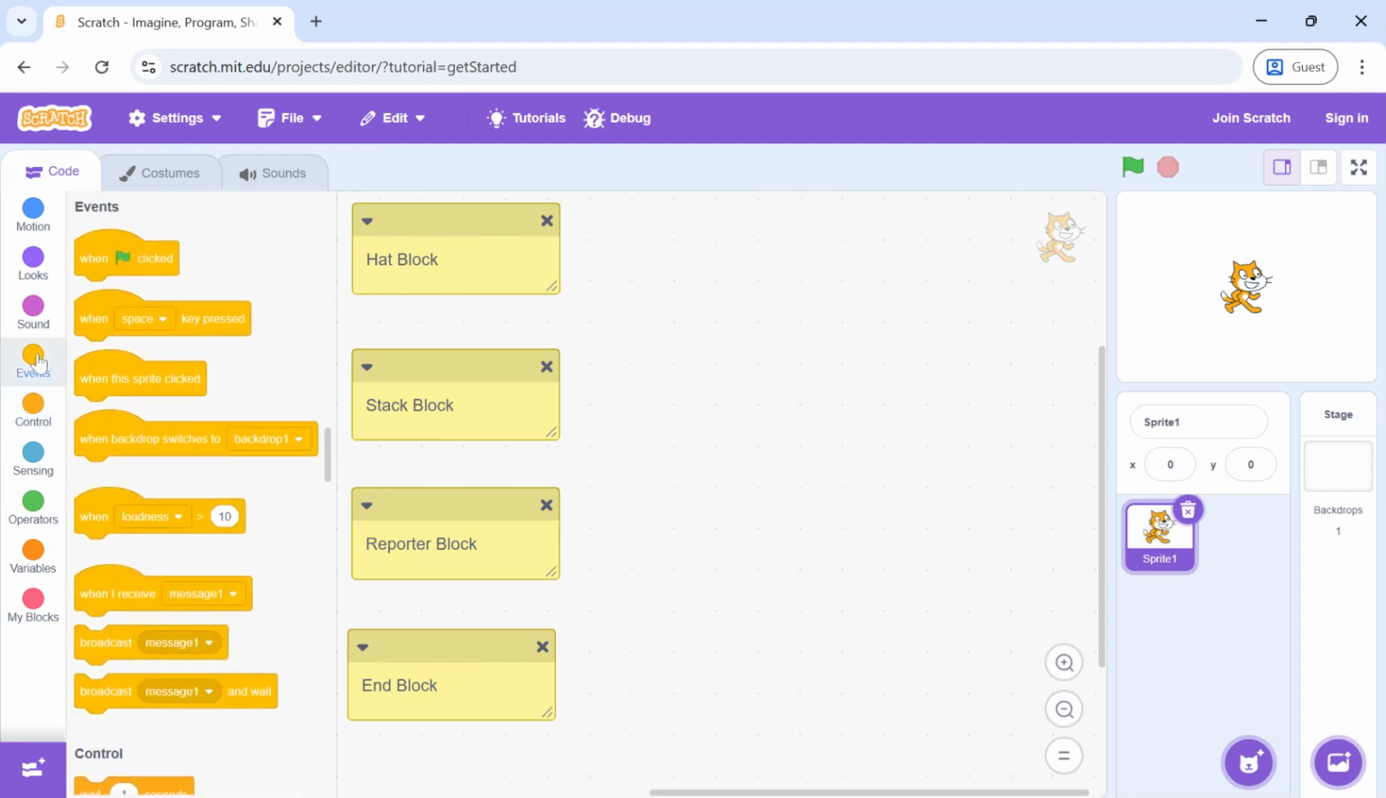If you go to events, you will see that there are multiple hat blocks. There is a curve at the top and there is a bump at the bottom. It usually means that nothing can be connected on top of it, and usually they start a code. You can attach other stack blocks under it,